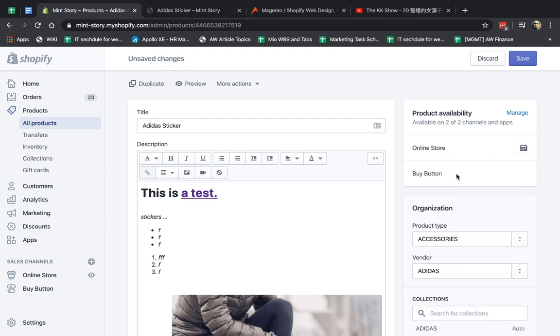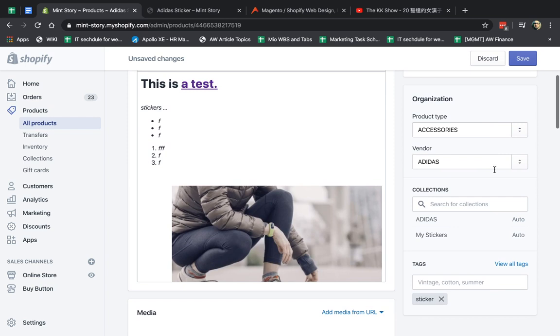Great. And these are the basic things we've talked about, right? So product type, this organizes the type of product. So maybe you have shoes, shirts, accessories. They all have commonalities between them and differences between the different types. So if you've already configured it, you can do that. If you have a new one, you can say, for example, this is discontinued, or this is sale, or this is whatever it is, right?